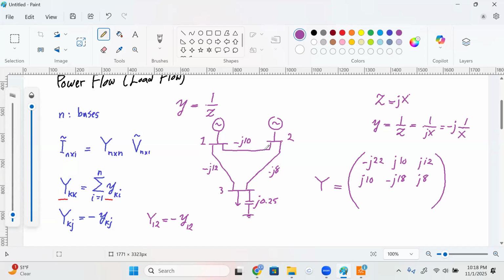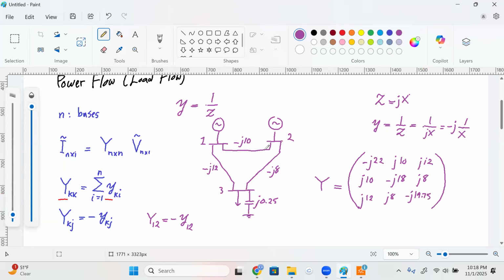Let's finish the third row as well. Y31, entry in row 3 in column 1, would be the negative of the admittance connected between buses 1 and 3, which is J12. Y32 will be J8. And Y33 would be the sum of admittances connected to bus 3. Notice I have a negative J12, I have a negative J8, and I have a positive J0.25. So that would be negative J